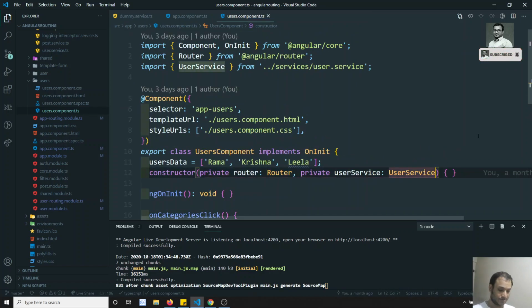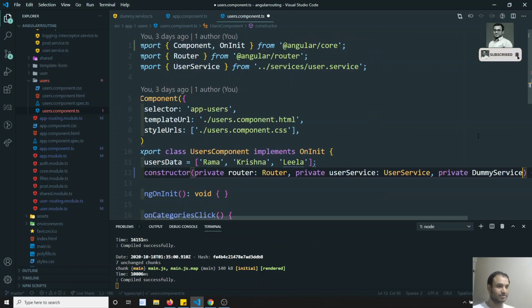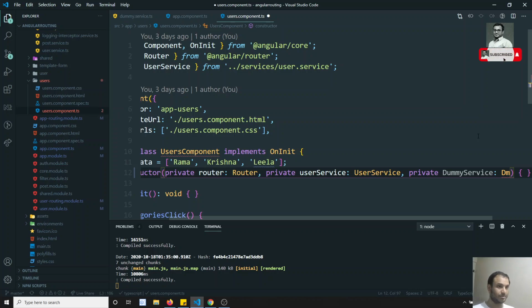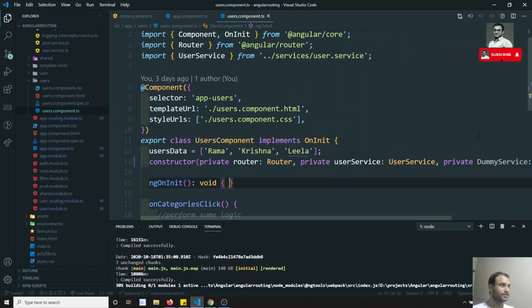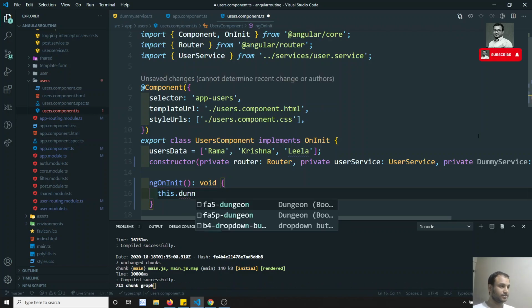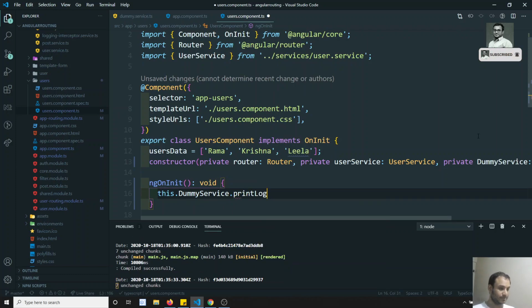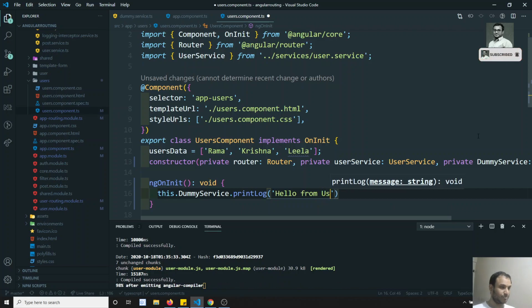So here I will inject private dummyService, the DummyService. In the ngOnInit, I will call this.dummyService.printLog with 'hello from users component'. Something like this I will print.